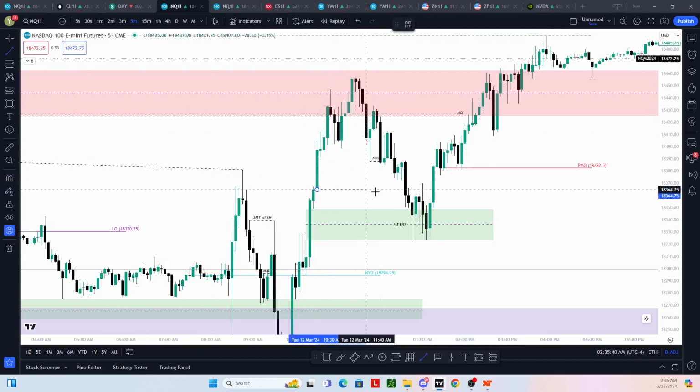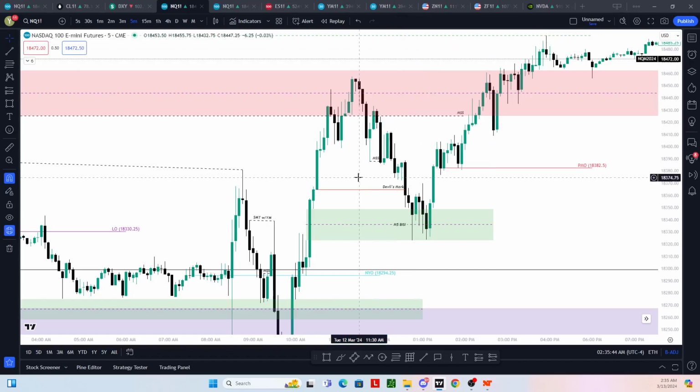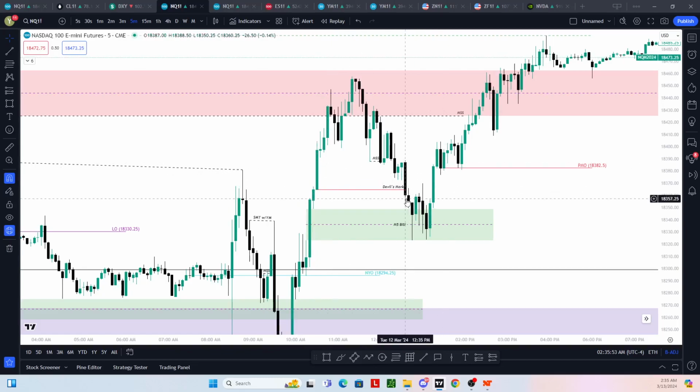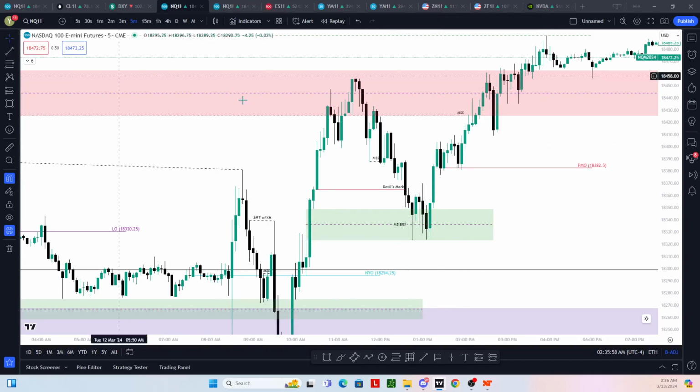And I actually targeted this devil's mark too. I forgot to mention that. There was this devil mark here, right? Think about your open, high, low, close concepts. Here is just open, high, close. There's no low being put in. There's no manipulation. There's orders there. That is liquidity. That is a highly likely draw. So you could have gotten long at this M5 BISI, or if you really wanted to, you could have